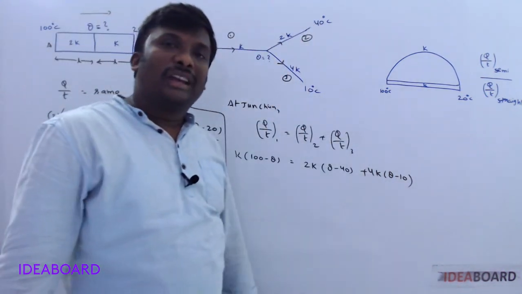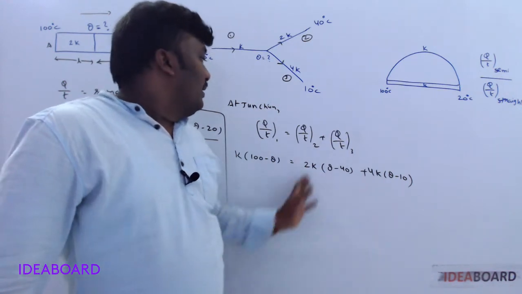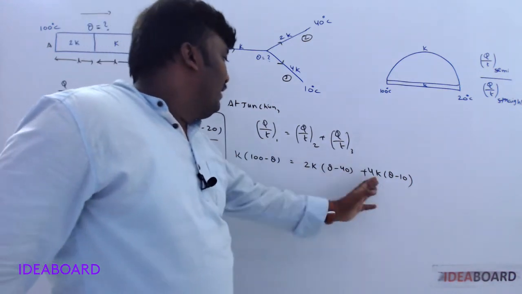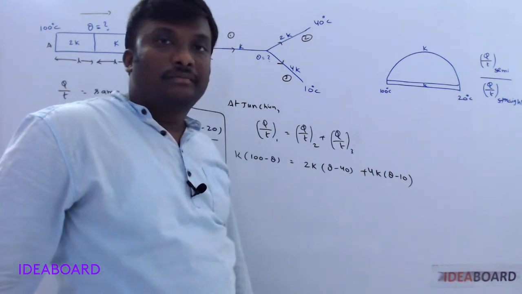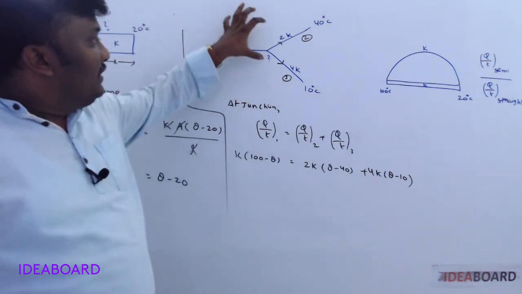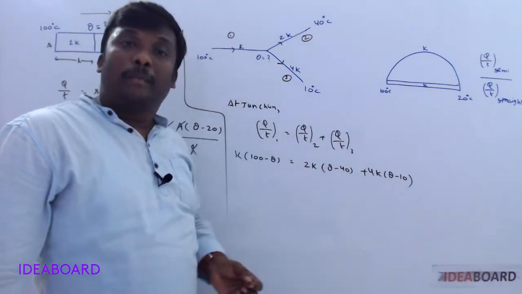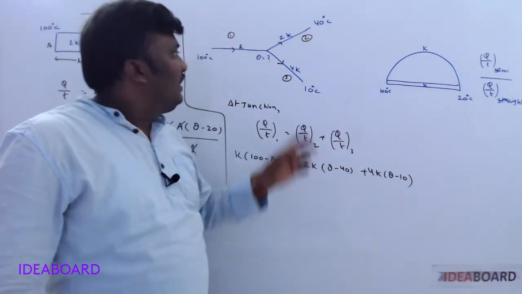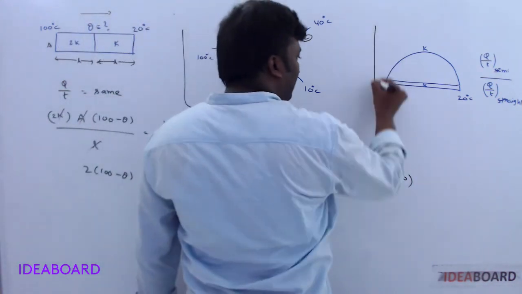By solving, you can get the value of theta now, because K cancels. Just taking the numerical values to one side, you can get the value of theta. So the junction rule always applies. Resistor bridge combinations we may apply. Everywhere the easiest way is to replace the rod with a resistor. Now let us see the third one.